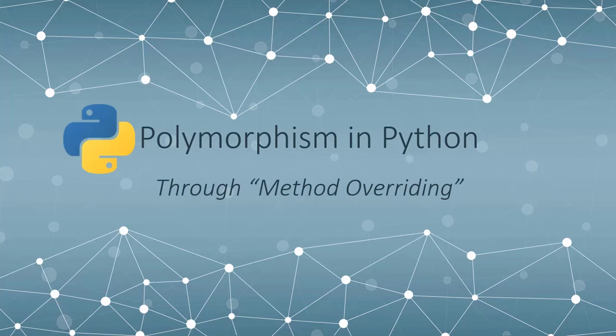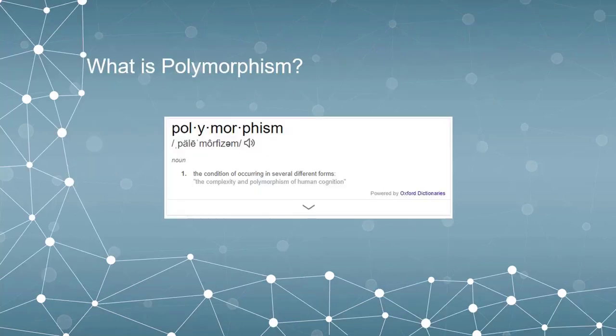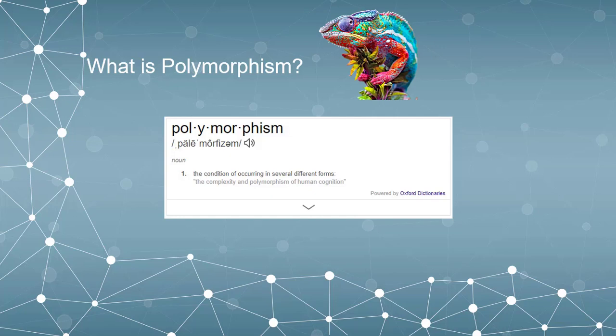In this video we are going to check about polymorphism. Python provides different ways to implement polymorphism. So poly means different and morph means forms. So polymorphism is the ability to take different forms. The real world example for polymorphism is the chameleon.